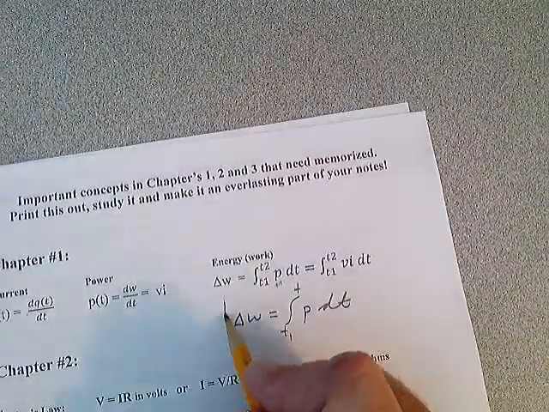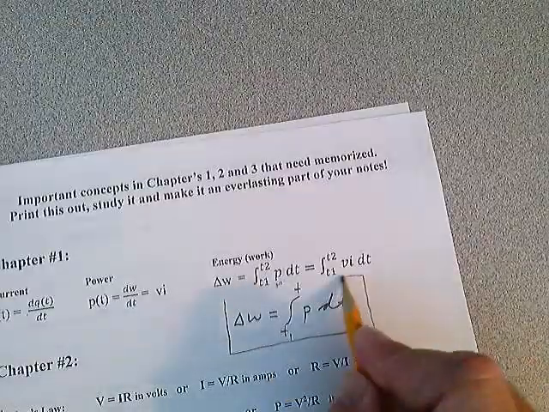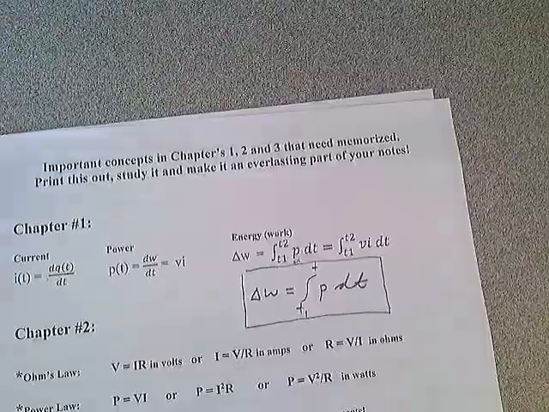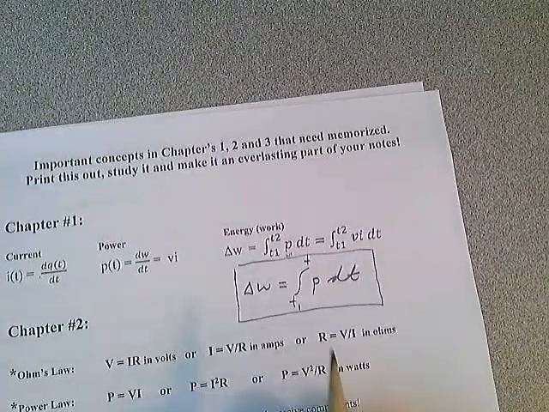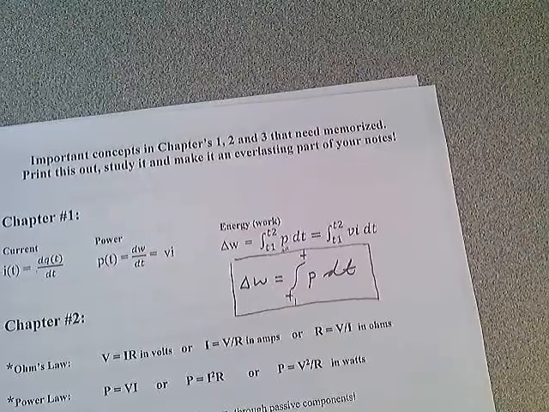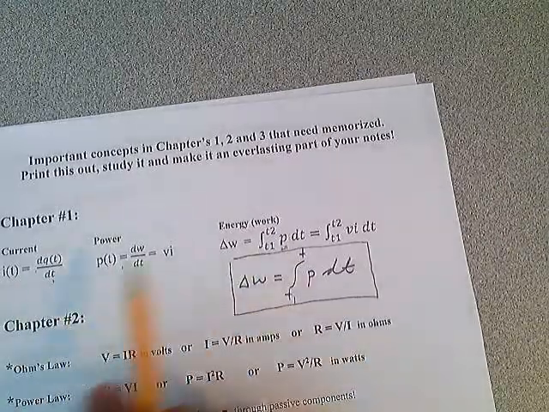You should be able to take this expression using your math techniques and find power by differentiating both sides. I didn't put all those equations down here, but with these three equations you can get anything we got in